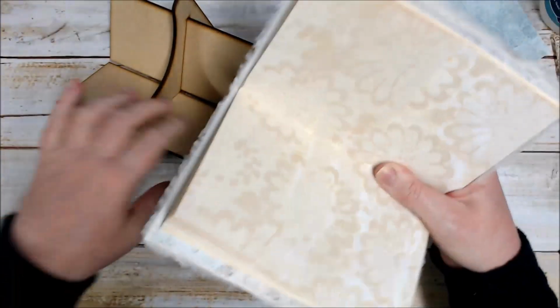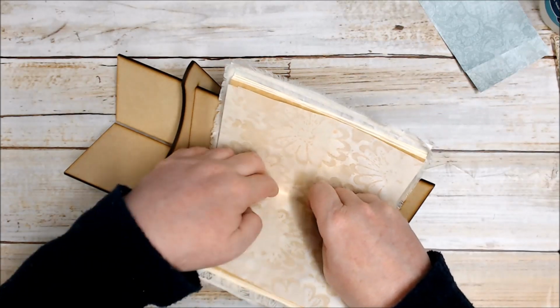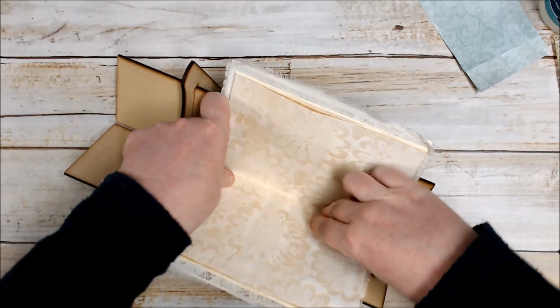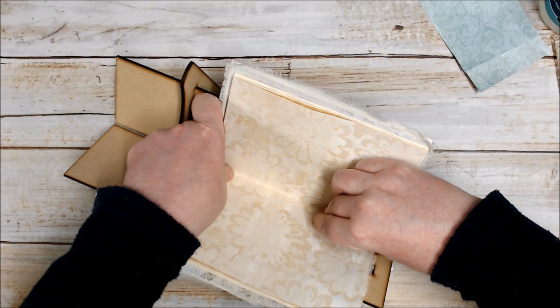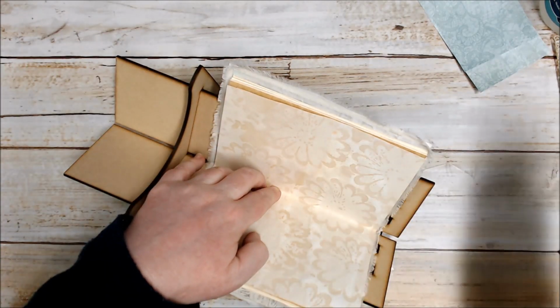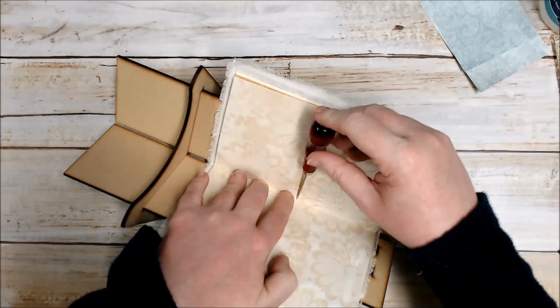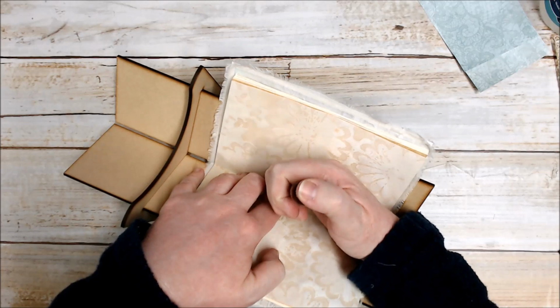So I'm going to use my punch cradle here, and I place my signature inside, making sure that everything is aligned as I would like it to be, and everything is pushed down into the base of the cradle. And I'm just going to eyeball it. You can measure it if you want to, but I'm just going to eyeball it, and I'm just going to